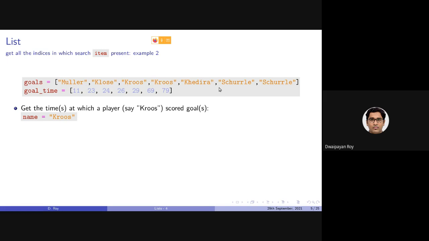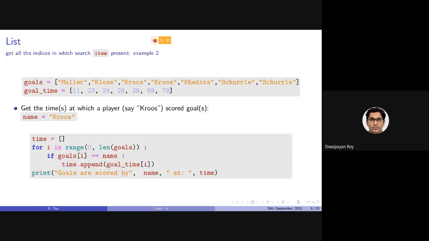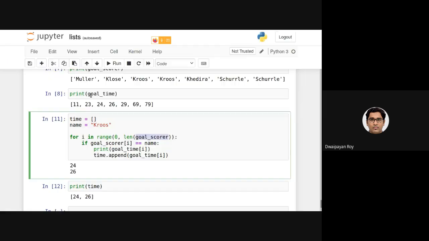It would take some time. Now consider this list containing, say, 1 million records, and you need to search for certain items where there is a one-to-one correspondence. This can be handled more efficiently by using a dictionary. Dictionary will be discussed in a couple of weeks. So here's the solution that I have already written here.